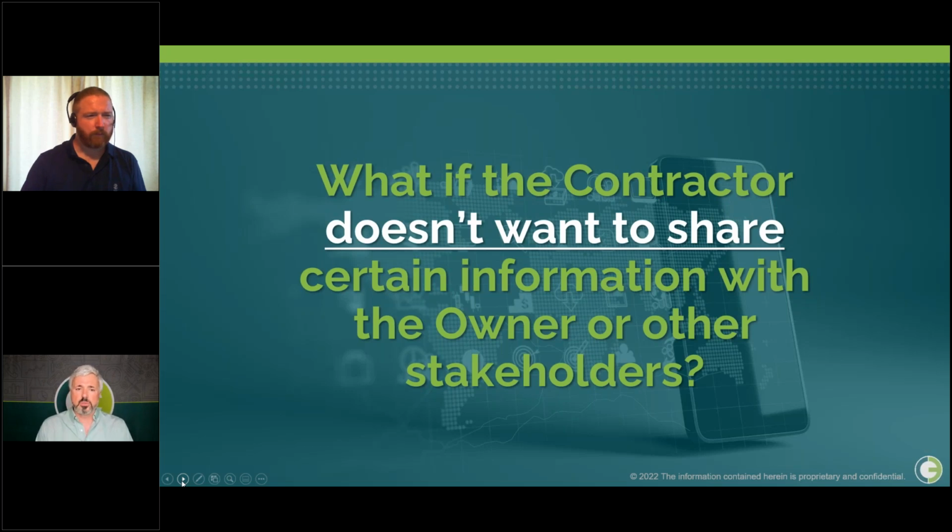O3 supports working versions and released versions of data for cases when the EPC or the owner and EPC may have certain access to information. And then the contractor can be provided access only to released versions of data, for example. And this replaces the old document-centric approach to transmitting documents for execution.